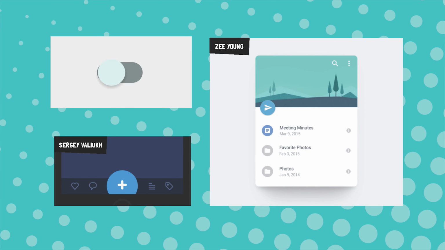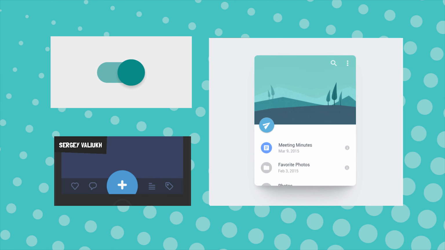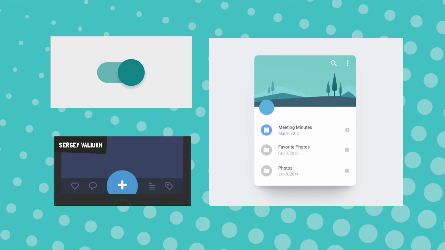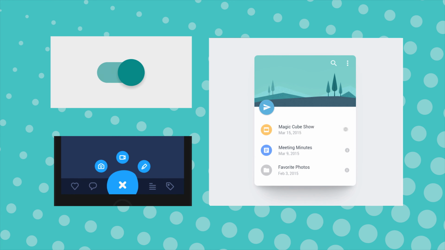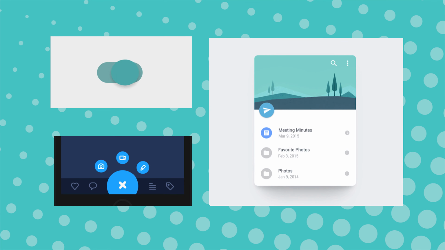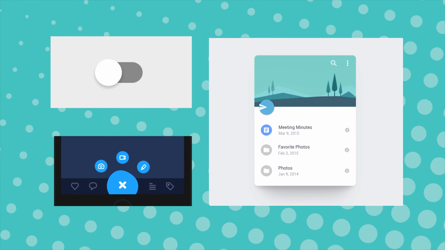So there's just the tiniest bit of squish on that toggle, and it turns it into a completely different thing and gives that sense of playfulness, like you want to interact with it. And this is just my favorite menu in the world. Does everyone have a favorite menu? This is mine. It is just so beautiful. It's so satisfying. Bloop, bloop, bloop.